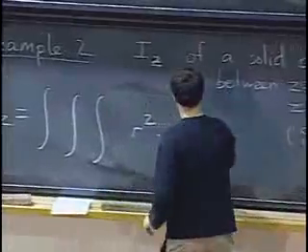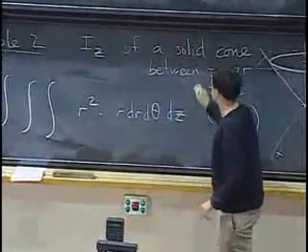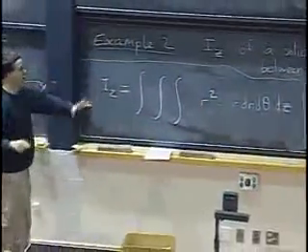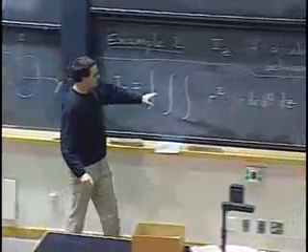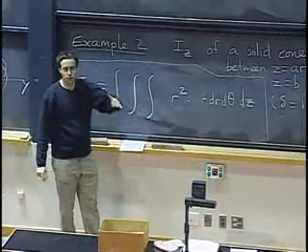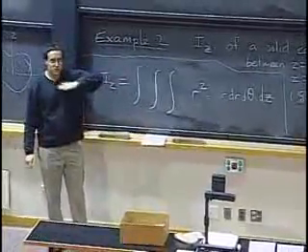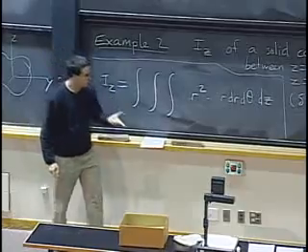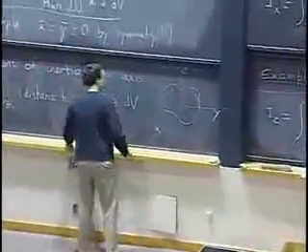Just to show you how it goes the other way around, let me do it r dr d theta dz this time. Then you can decide on a case-by-case basis which one you like best. If we do it in this direction, it means that in the inner and middle integrals, we fix a value of z, and for that particular value of z, we'll be slicing our solid by a horizontal plane and looking at what we get. So what does that look like?